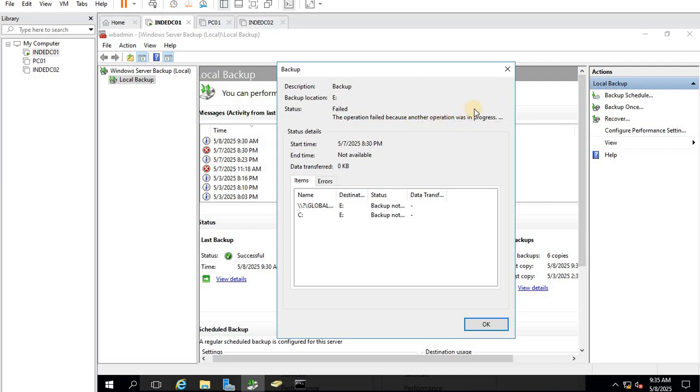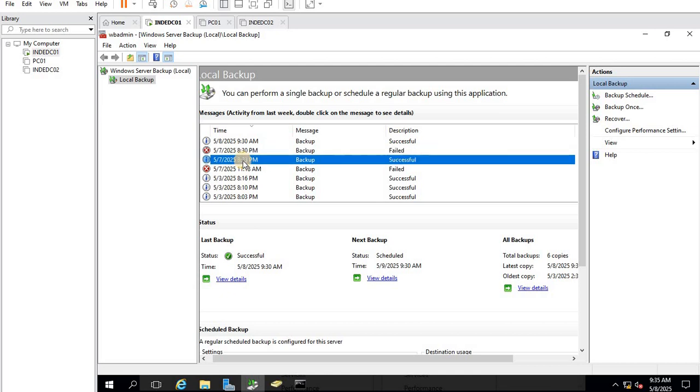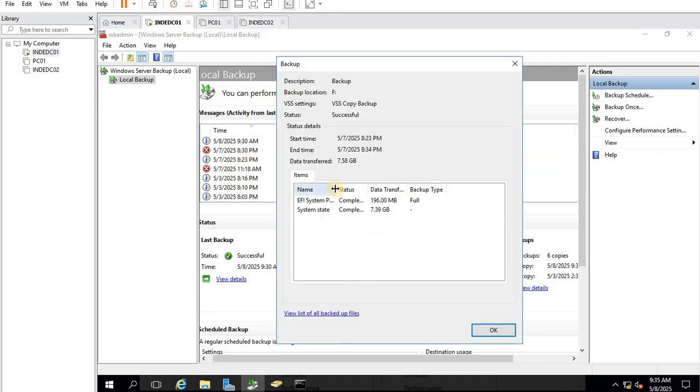Why did it happen? I was taking Windows Server backup. At the same time, I ran the system state backup, and then it got failed. You can see system state backup completed.